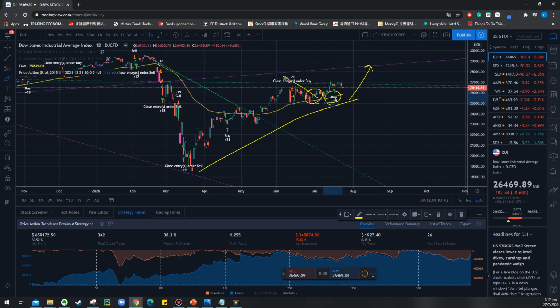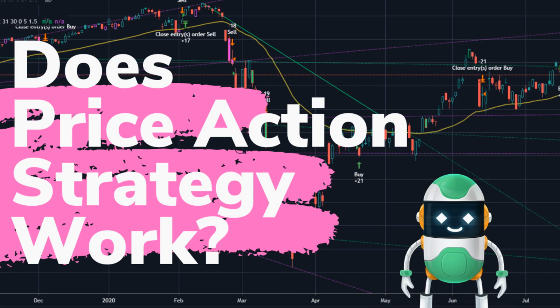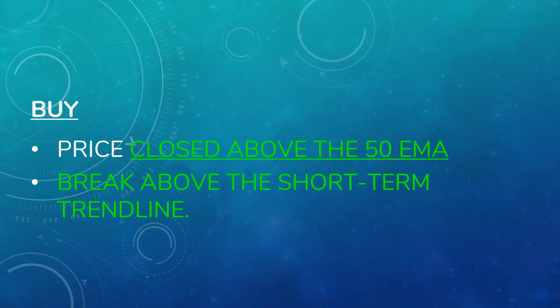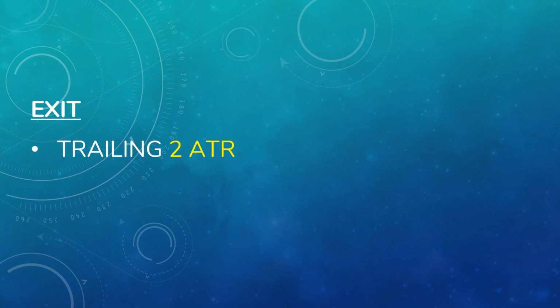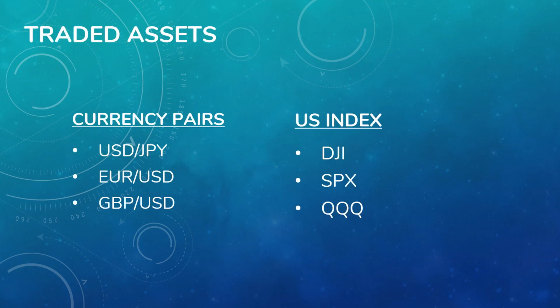In order to trade the strategy systematically, I made some fine-tuning and the logic is as follows. We buy when the price closes above the 50 EMA and breaks above the short-term trend line. We sell when the price closes below the 50 EMA and breaks below the short-term trend line. We use a trailing ATR to exit the trade when the price goes against our position by more than 1.5 ATR. In my backtest, I'll be evaluating the performance of this strategy on the daily chart,